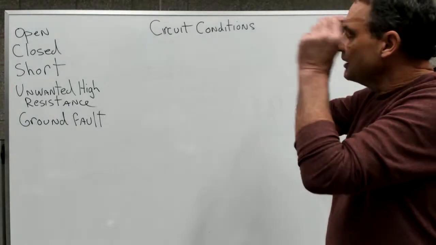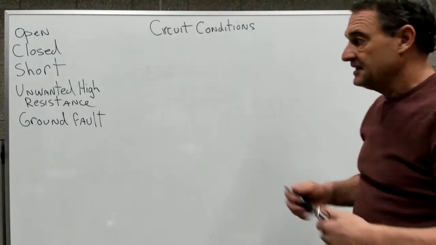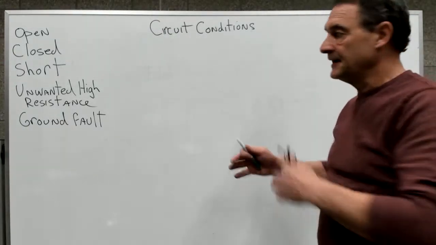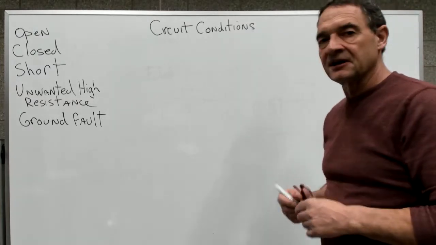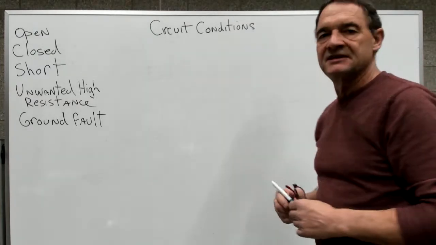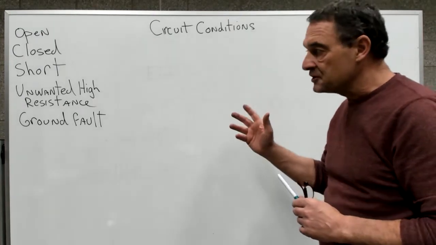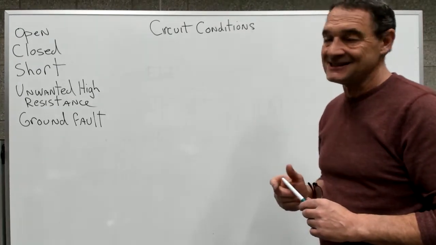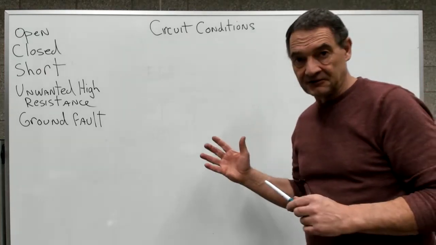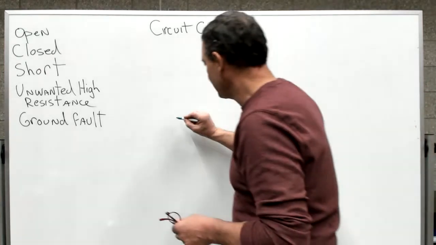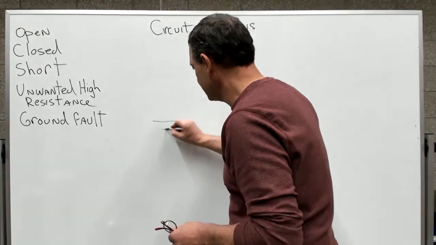Today I want to talk about circuit conditions, and this is sometimes a confusing subject. So we're going to look at using some basic schematics. We're going to figure out an open circuit, a closed circuit, a short circuit, unwanted high resistance in a circuit, and a ground fault. So let's start with just a basic circuit,